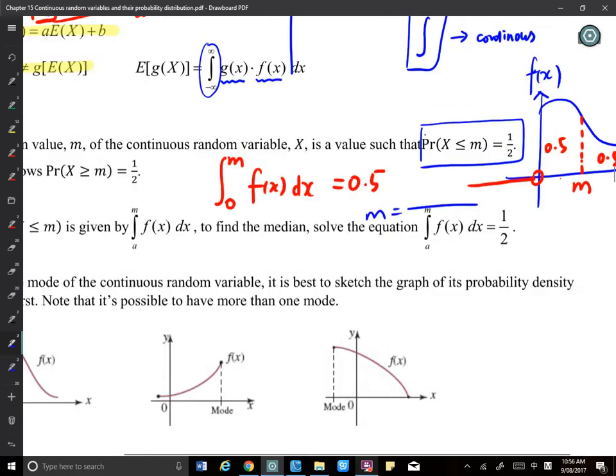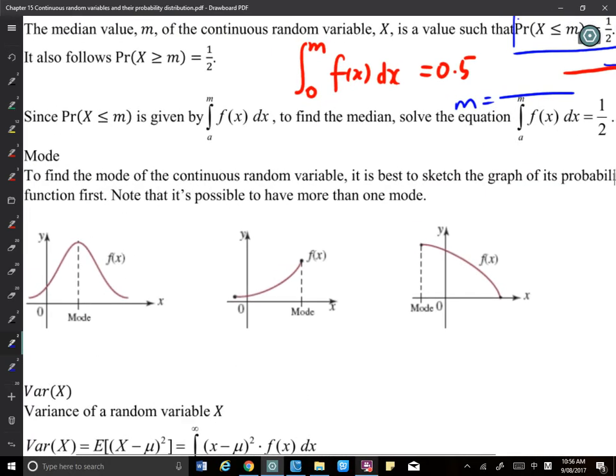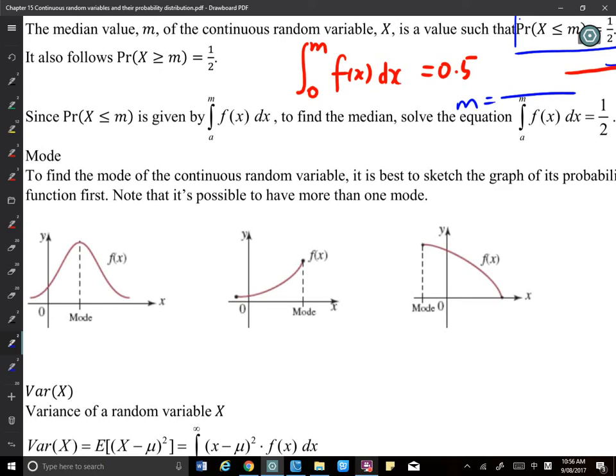Okay, come back to this. So, for example, this question, if it asked you for the median, the first method mark is that. The second, answer mark is m equals to what? That's two different marks. If you directly write m equals to 0.3, and it's wrong,